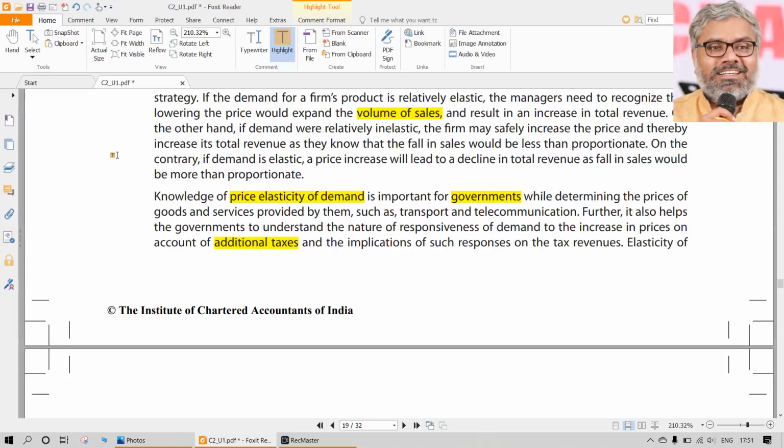Their incomes are not matching that. So a lot of contradictions will come when there is a change in the petrol prices or diesel prices. So that is a contradictory thing. Is it necessary? Yes. Is it really necessary? No. So is it price elastic? Yes, it should be. But does it really show that in the actual world? No. So there are a lot of contradictions in that. That is the nature of that product.